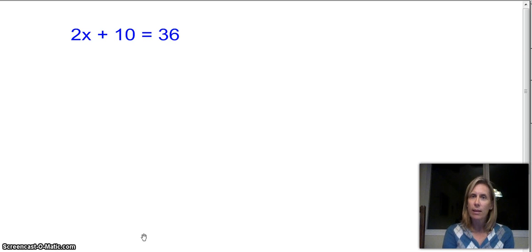2x plus 10 equals 36. Now we want to solve for the unknown x using our properties of equality to undo the operations. The question is, what shall we undo first? There are many ways to transform an equation, and there's more than one correct way to do it. But there are some rules of thumb